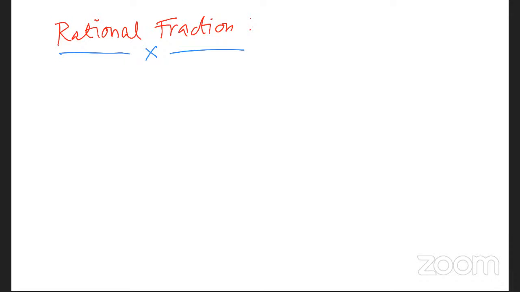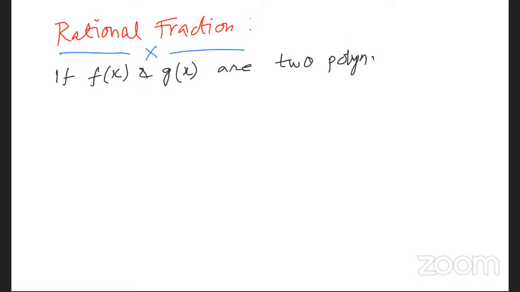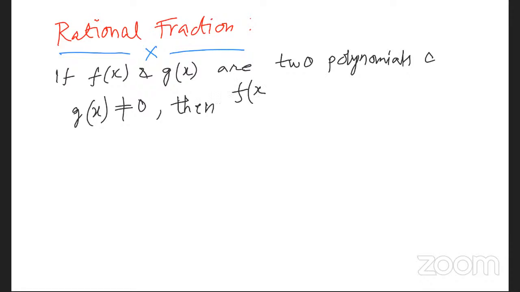First try to understand: if f of x and g of x are two polynomials, and g of x is not equal to 0, then f of x divided by g of x, a quotient of polynomials, is called